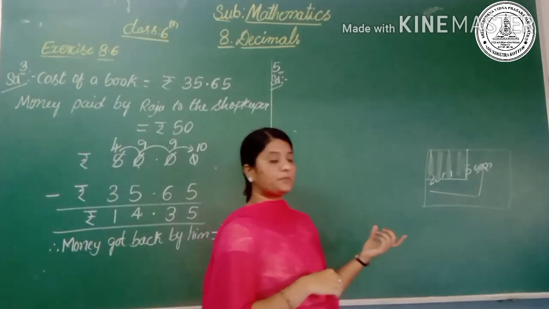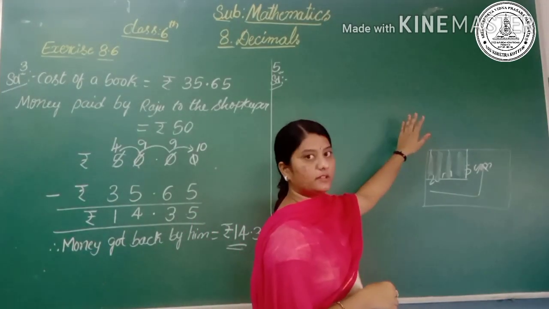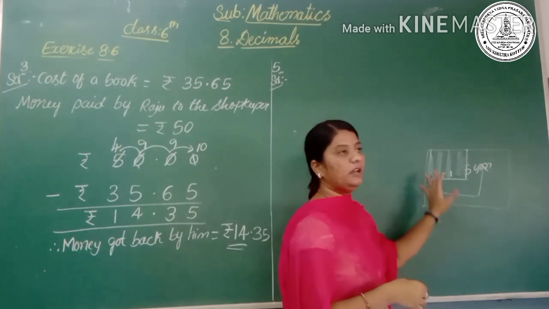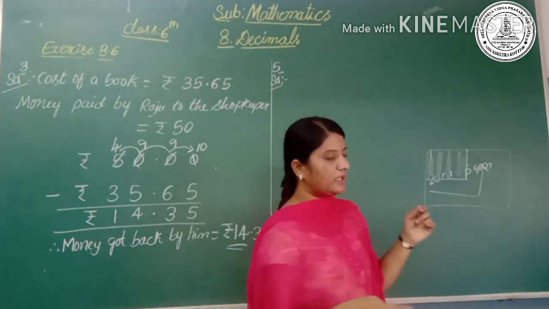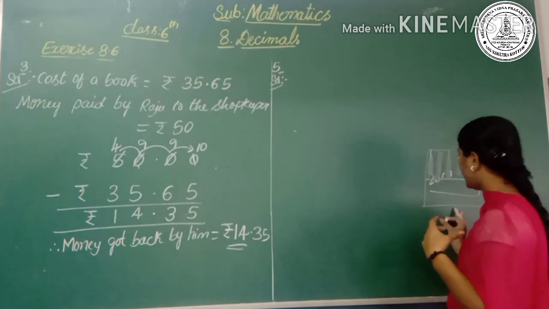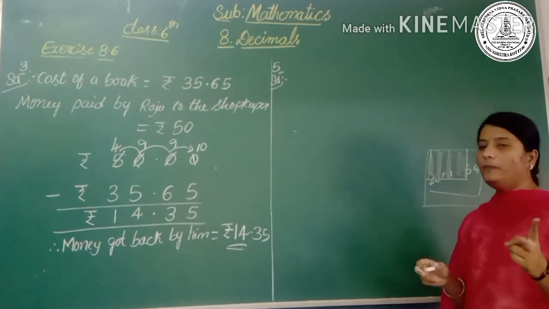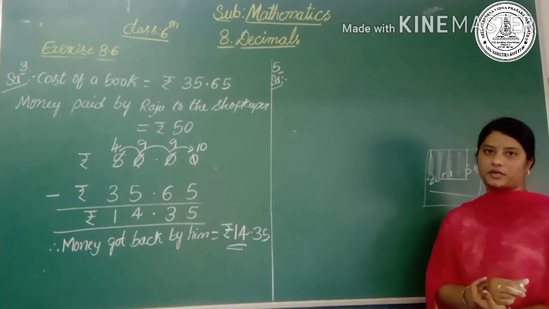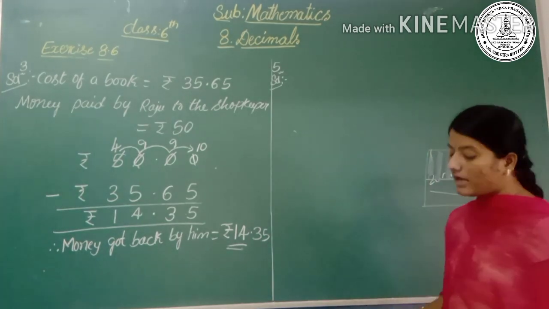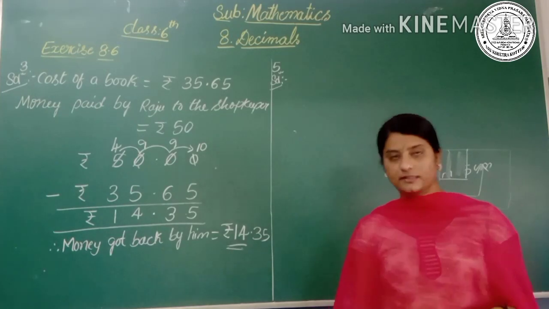Okay, so how to subtract? We have to remove from that, right? So we have to subtract from the whole part. The whole cloth is 20 meter 5 centimeter. In that she cut 4 meter, no? So that is what we have to subtract. Okay, yes. What we have to write on the first sentence is